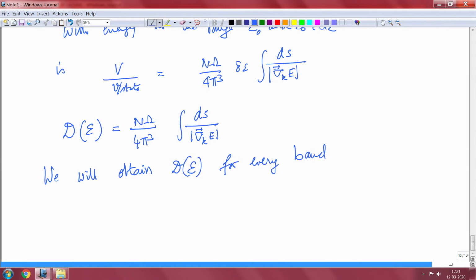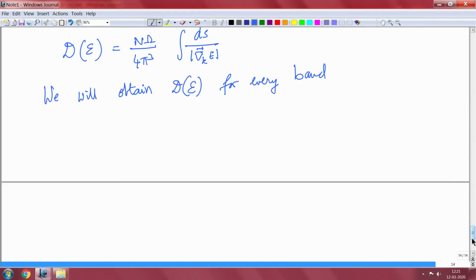So, that way we know how many states are there at energy E, how many states are there at energy E plus dE, how many states are at higher energies, and so on and so forth. Another way of drawing the energy band picture is by plotting the density of states. This gives you a little more information than the chemist picture of just drawing one horizontal line on top corresponding to the top of the band, a horizontal line at the bottom corresponding to the bottom of the band, and a wiggly line in between them. Instead of that, what we have is a density of states which probably will go like this one.